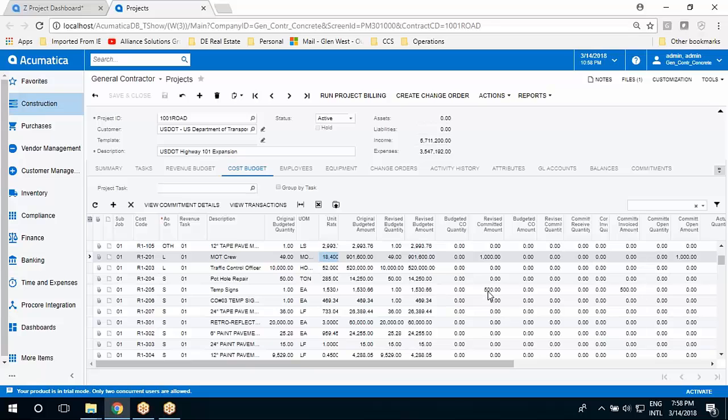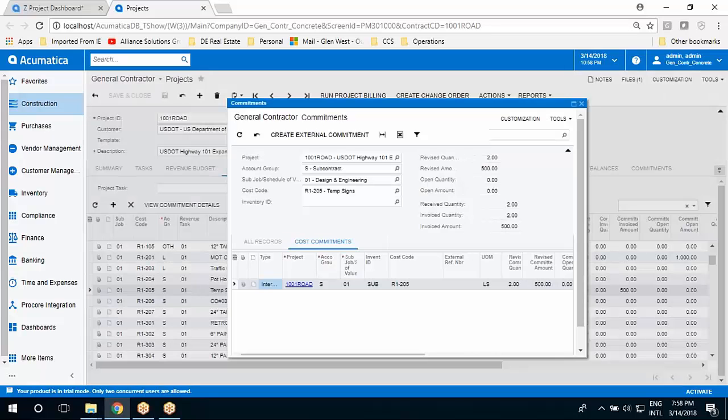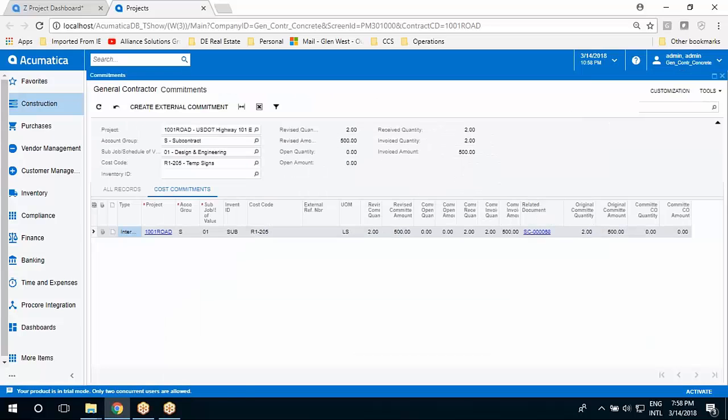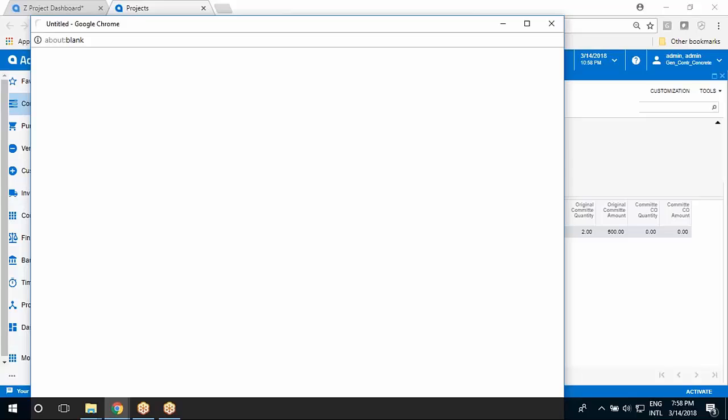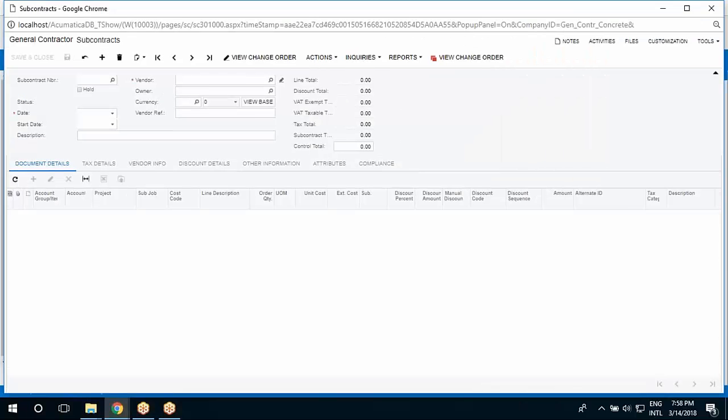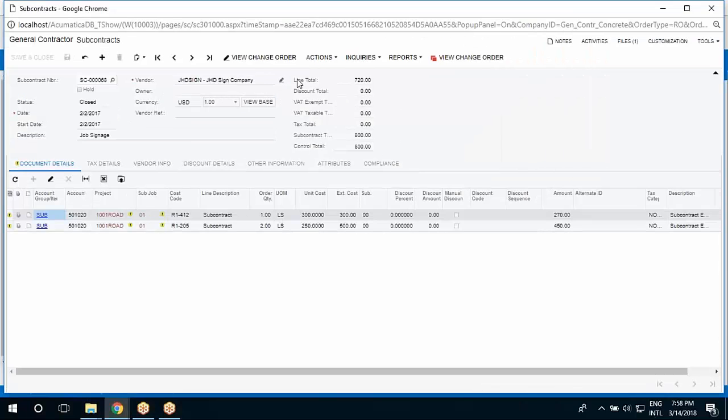If I have any commitments out here, I highlight a line item and hit View Commitment Detail. The software will drill me down and show me every commitment that I have associated with this line item on this project. If I want more detail on this commitment, I can drill from my query. It will open up the commitment itself. While here, I can drill down to the vendor. I can identify where the subcontract is, and whether I have any compliance issues, either on the vendor, on the subcontract,